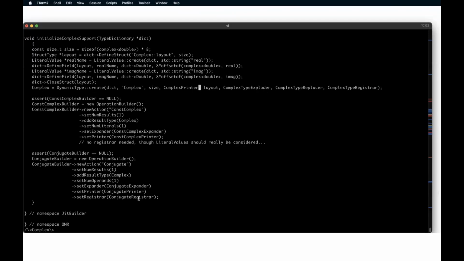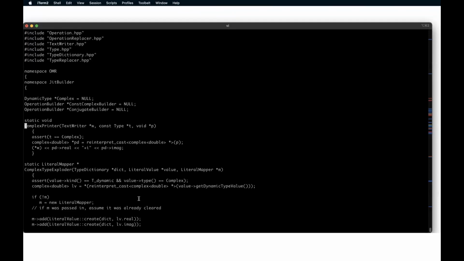I mentioned layout here. What's this complex printer thing is just a little piece of code that can print out a value of the complex type. So it's a sort of a special little piece of code that you write to extend. And so you get passed a text writer. Text writer is just like a logging kind of class that makes it easy to print things out. You get passed what the type is, and you get a void star pointer to